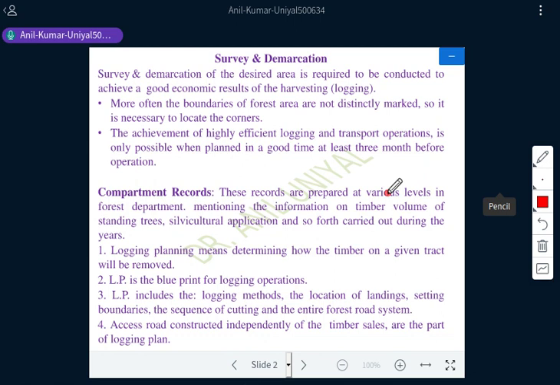First of all, we have to go for survey before the actual operation of the logging practices, and for this, survey and demarcation of boundaries or areas is necessary to clearly make the boundaries of the allotted crop in the forest. For this, survey and demarcation of the needful area needs to be conducted to achieve a good economic result